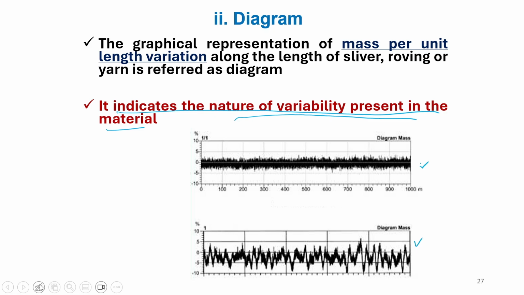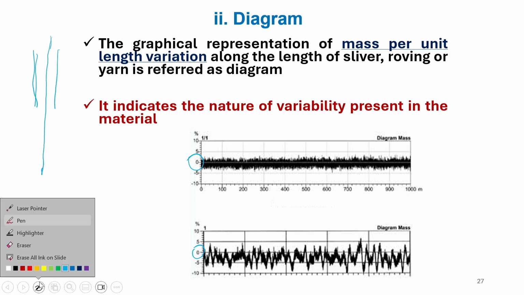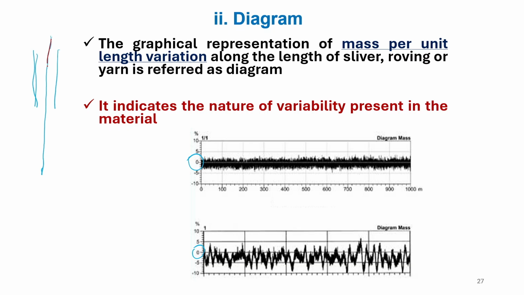Now, the main point is how do we get the mean value? Here we have got the mean value, and along the mean value we are plotting. Now, when the sensor starts, this is the capacitance type sensor, and the material is flowing, the material is moving through this, the yarn, sliver or roving. The capacitance type sensor does not have a reference value, which is the mean value. So, what it does,